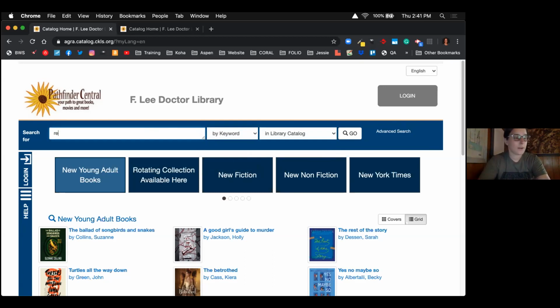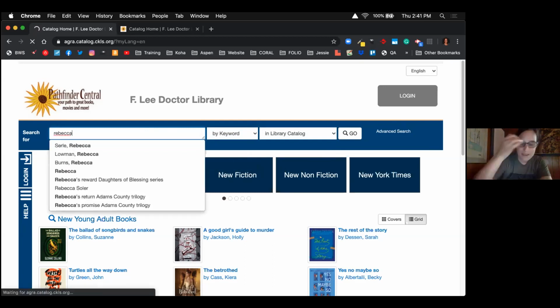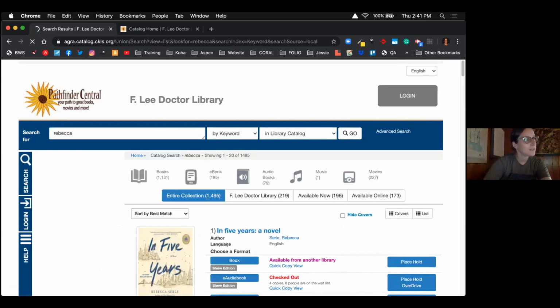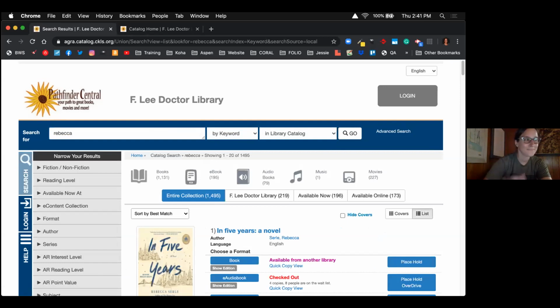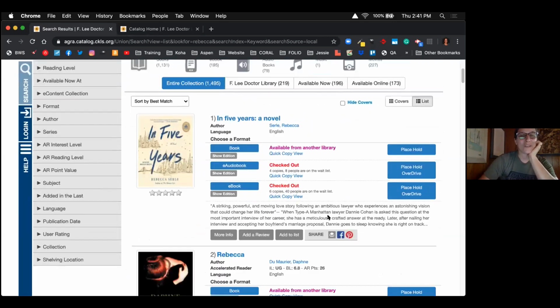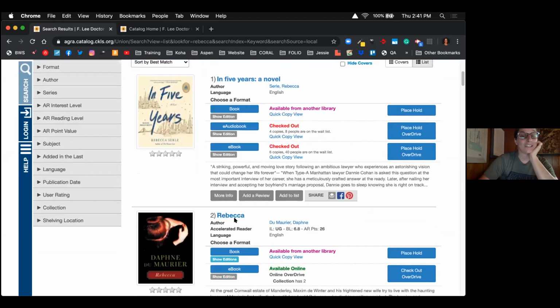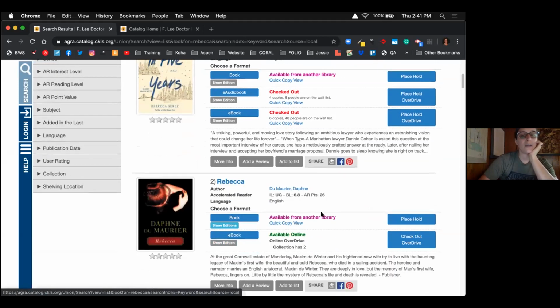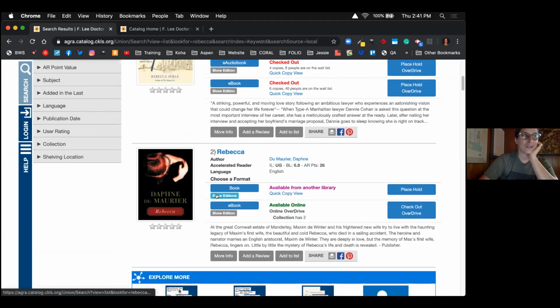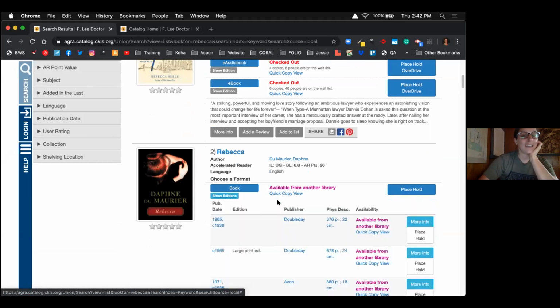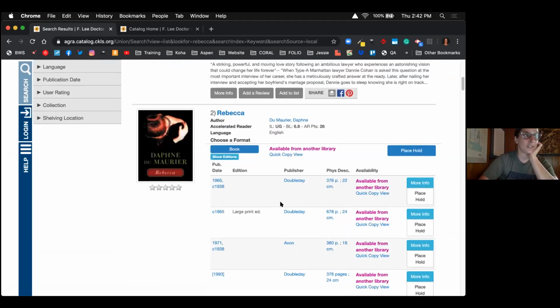So I'm going to first start by doing just a quick search in here. I'm looking for Rebecca, who, a little secret, this is my favorite title. My favorite book I ever read. And when I'm scrolling through, I see that it comes up as the number 2 hit. And the reason I want to show this one is I showed Pride and Prejudice at our last training session, but I like to show things that have multiple editions. So now you can really get a feel for what the FRBRization looks like when we're looking at those records